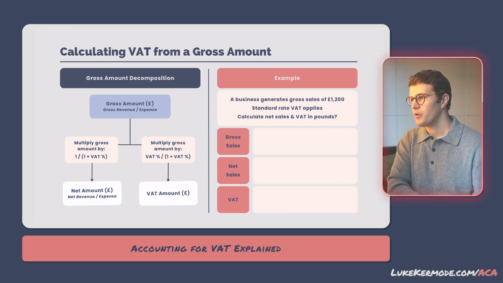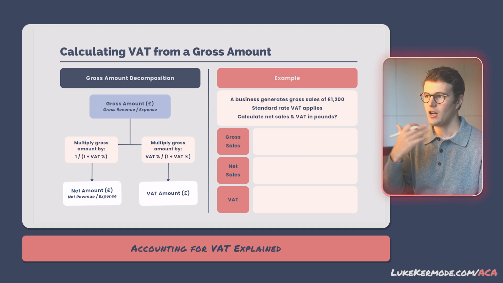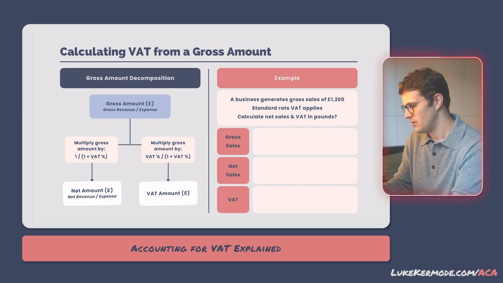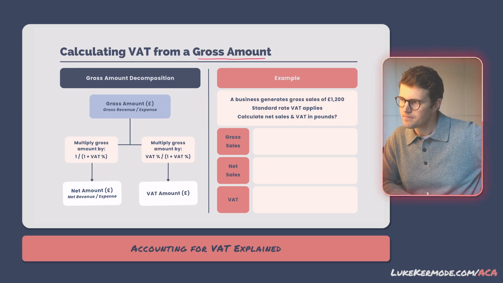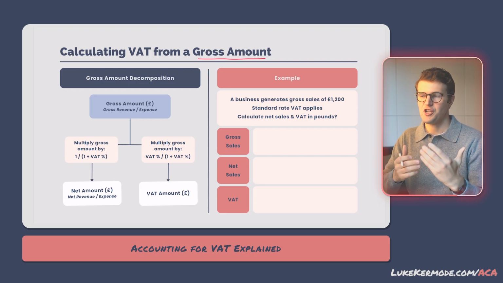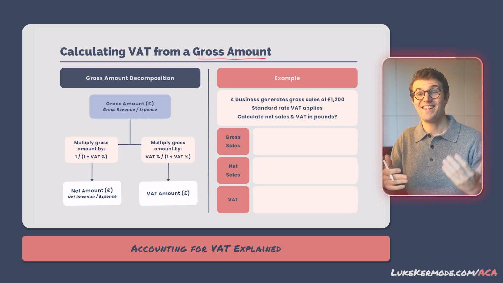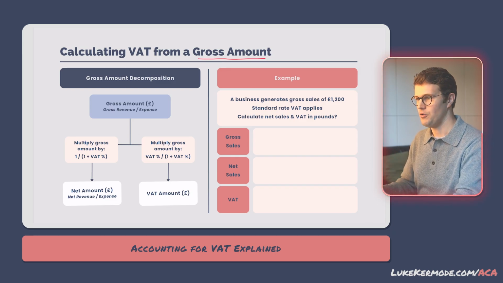So in many real-world accounting scenarios, you'll be given a total amount that includes VAT, and this is called the gross amount. And from that, you'll need to break it down to find the portion that actually belongs to the business and the portion that needs to go to HMRC. So this slide shows you exactly how you do that. So let's start on the left. If you're given a gross amount,